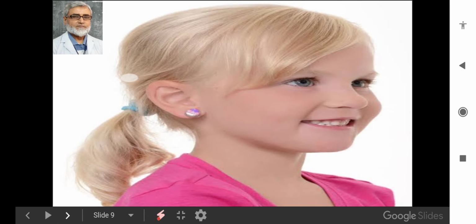Come to the next slide. This ear lobule has very good importance and very high cosmetic value. See, this child is so happy, and you can see the nice earring. This is the beautiful and excellent utilization of the cosmetic value for society. Now not only girls, boys also have the cosmetic value of this ear lobule.